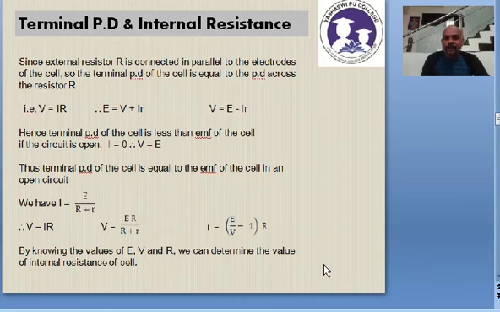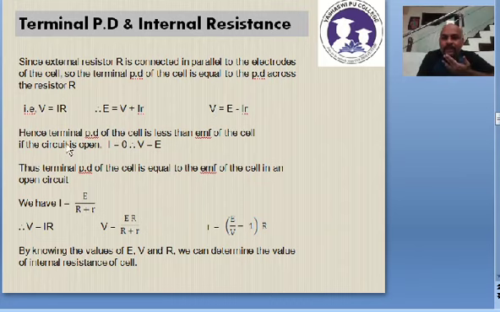Having learnt about that, coming to terminal potential difference, notice that E is equal to V plus Ir, you know this equation. E represents the EMF of the cell, V is the terminal PD, Ir represents the potential difference across the internal resistance of the cell, work done per unit charge across the internal resistance of the cell. Now rearranging this equation, you will get V is equal to E minus Ir, where V represents the terminal potential difference, that is the potential difference across the external resistance. Remember, I am repeating many number of times. So V is equal to E minus Ir.